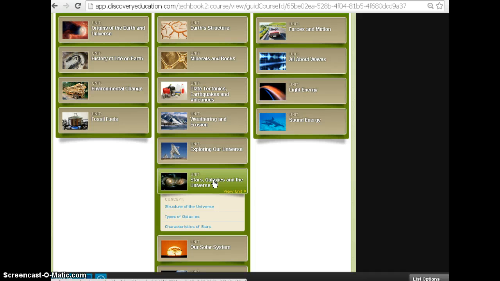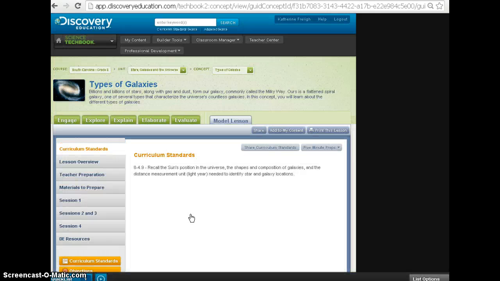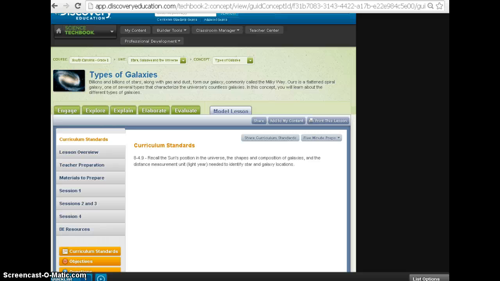So when we click on this, we've got a couple different choices. We have structure of the universe, types of galaxies, characteristics of stars, and one standard that I'd like us to take a look at is types of galaxies. So when we click on here, it immediately pops up one of the most useful views of this website. This is an amazing resource right here, because what we have all in one